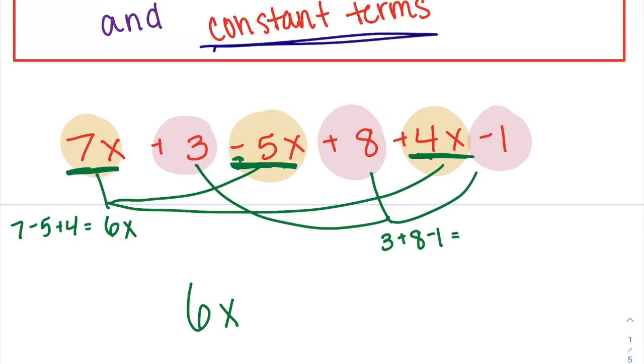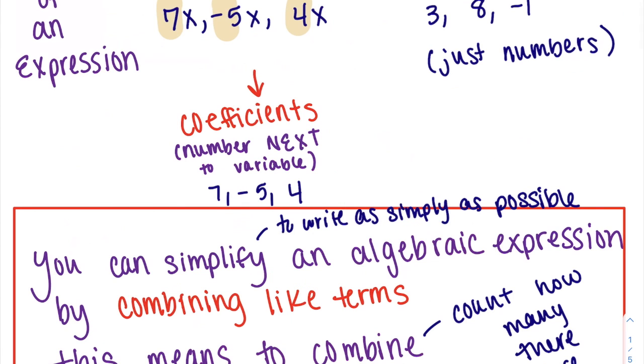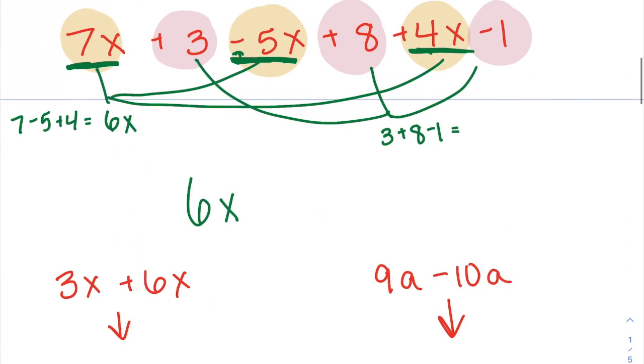I have 3 plus 8 minus 1. 3 plus 8 is 11, minus 1 is 10. And this is a positive 10. If I were to take now the 6x and the 10, I can write the expression that we had above